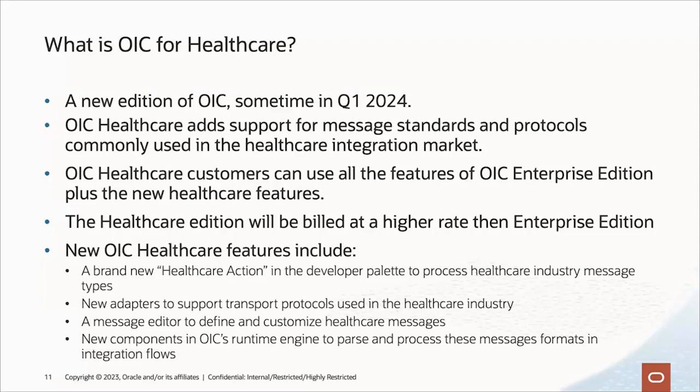It will obviously be the healthcare specific features. It will be some extended data retention capabilities, plus various other features which we will bundle together, which we think are going to be needed for customers in the healthcare industry. So keep an ear out for what exactly is going to be included in the Healthcare Edition closer to the release date for that. But you get an overview of that today, which is a new edition, including new features